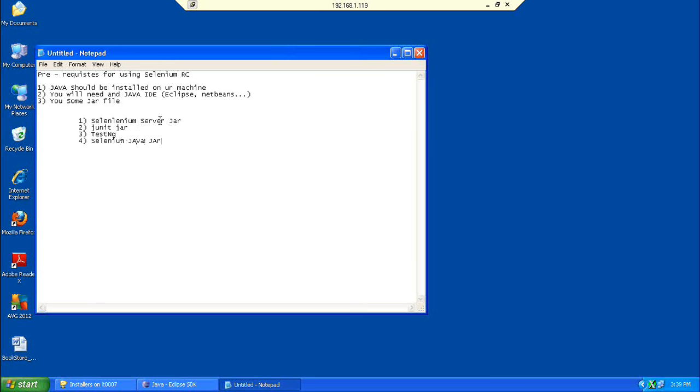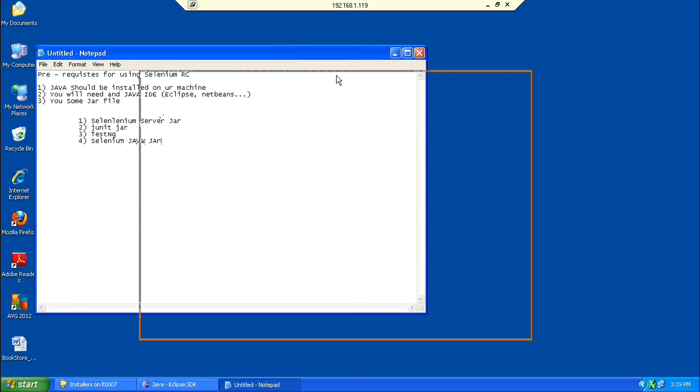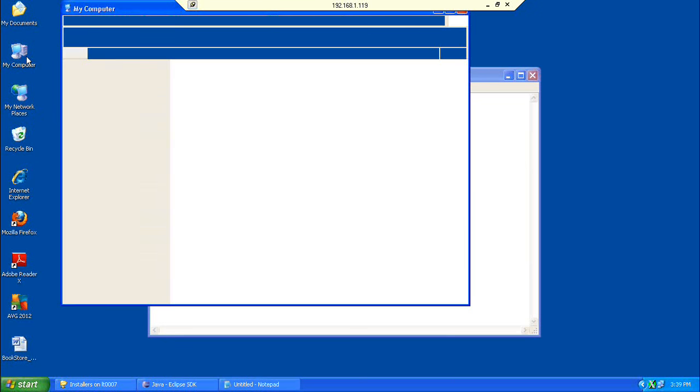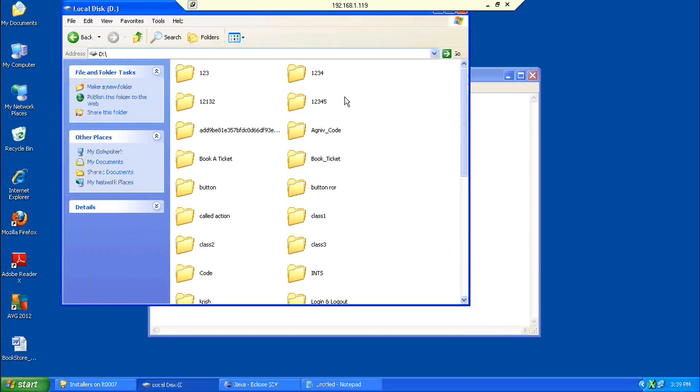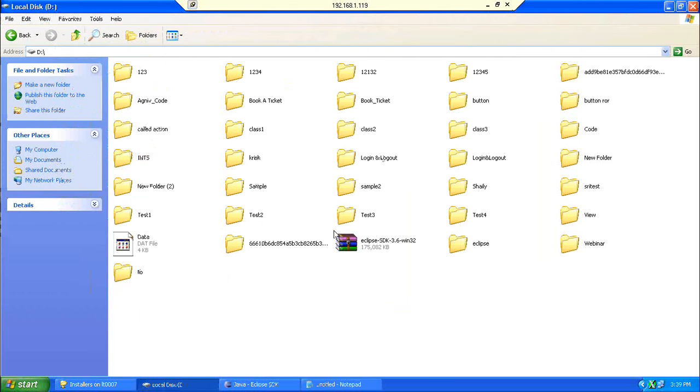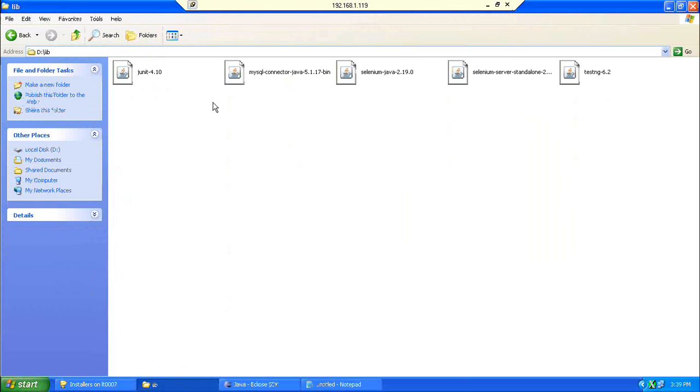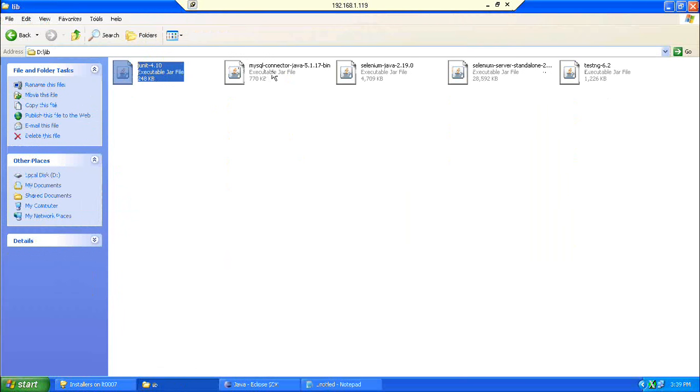For the sake of saving time, I have already downloaded all these four jar files and kept them on my machine: JUnit jar, Selenium jar, Selenium server jar, and TestNG jar.